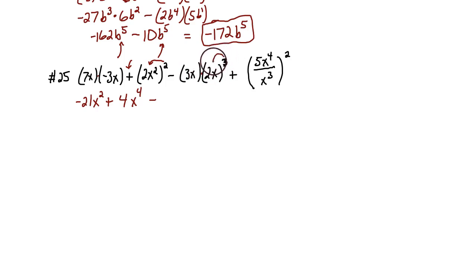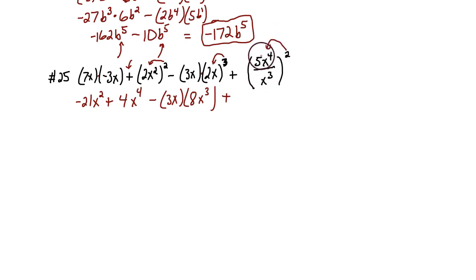So let's distribute the 3 to both of those factors. So here's our 3x. And now let's work on this piece here. 2 to the third power is 8. And then x raised to the third power is x cubed. Now the plus sign. Over on this part, we need to take that exponent and distribute it to all the